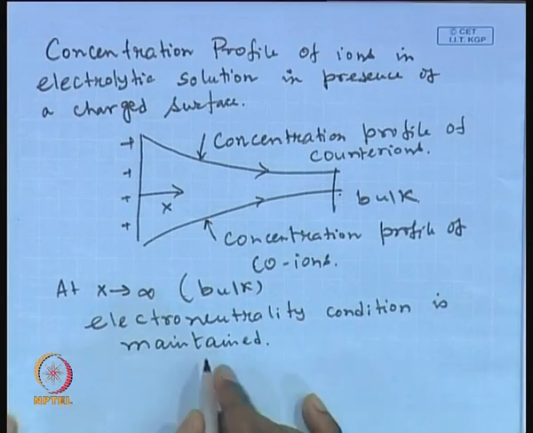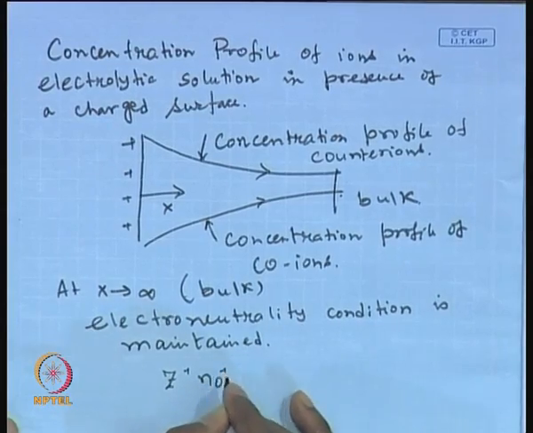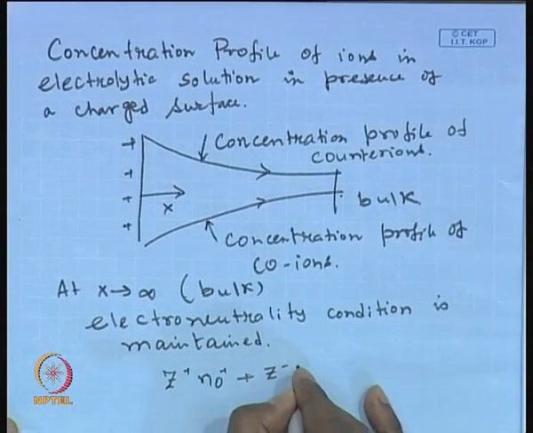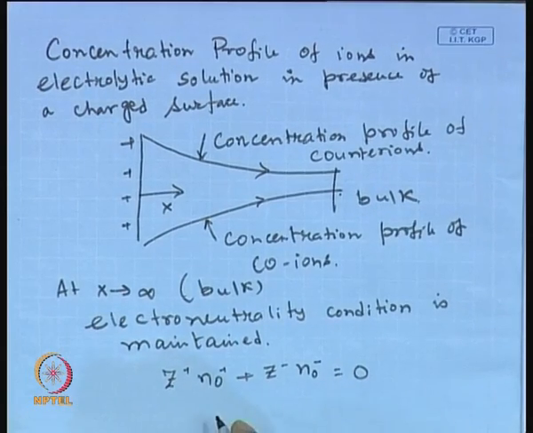Okay. So, Z plus N0 plus, plus Z minus N0 minus, will always be equal to 0,